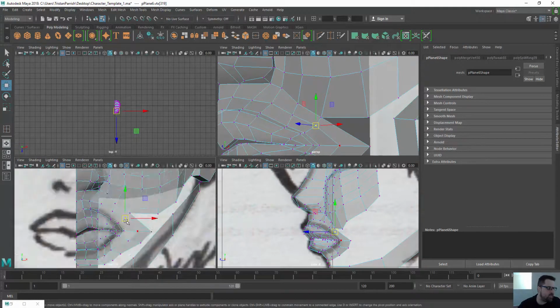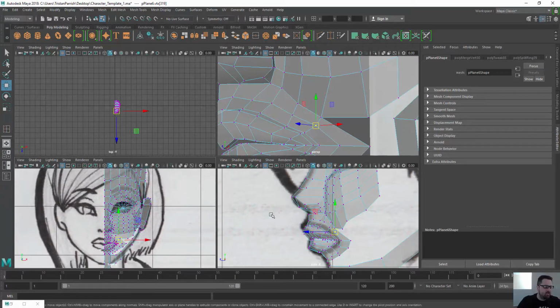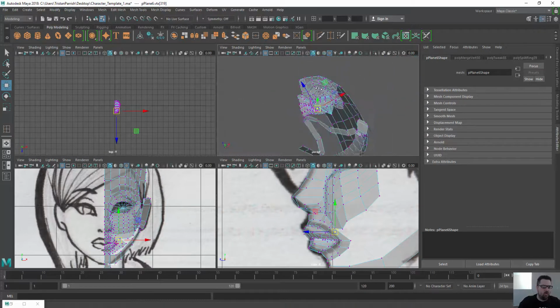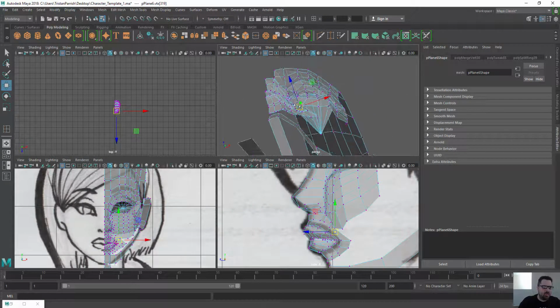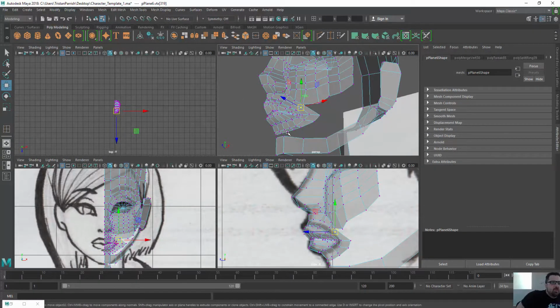And so once you've got everything roughly where it overall should be, it becomes much easier to go through and actually make additional